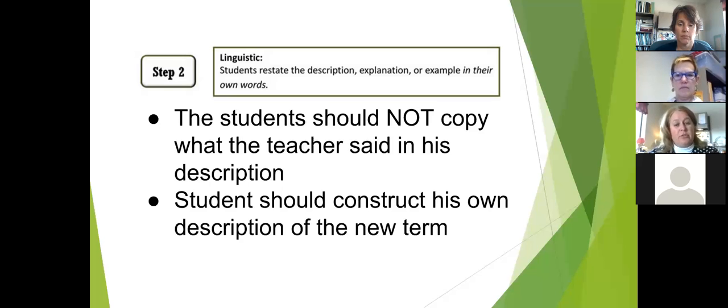Allow the students to work in small groups or with partners to establish the meaning together. Or if they have a general idea of the word but are struggling to verbalize the meaning, you might consider moving right on to step 3. Ask the students, though, to record the descriptions in their vocabulary notebooks.